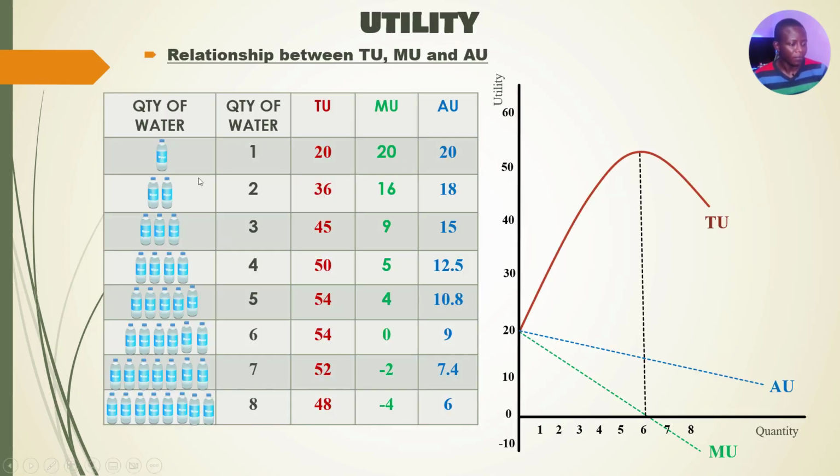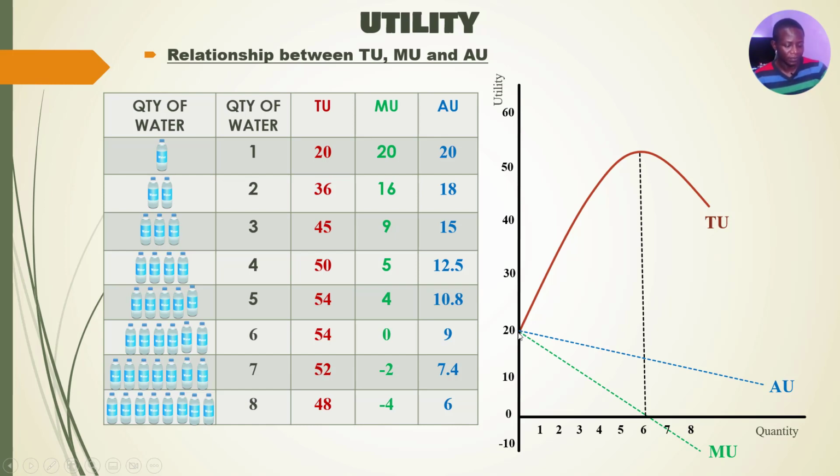So, for the first bottle of water, we realize that total utility was 20, marginal utility was 20, and average utility was also 20. And that is why they all start from the same point, because upon the first consumption of the bottle of water, the total utility was equal to the marginal utility and was also equal to the